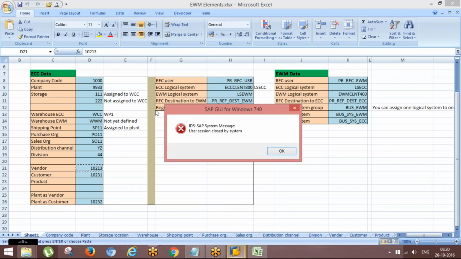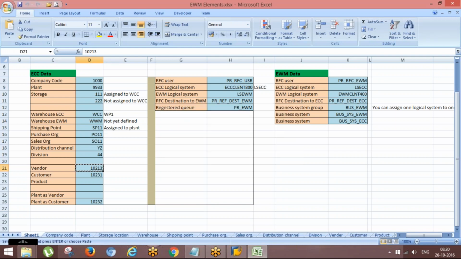Can any one of you share with me the EWM for this ECC? Maybe you can share your credentials also so that I can see what is being done in ECC.